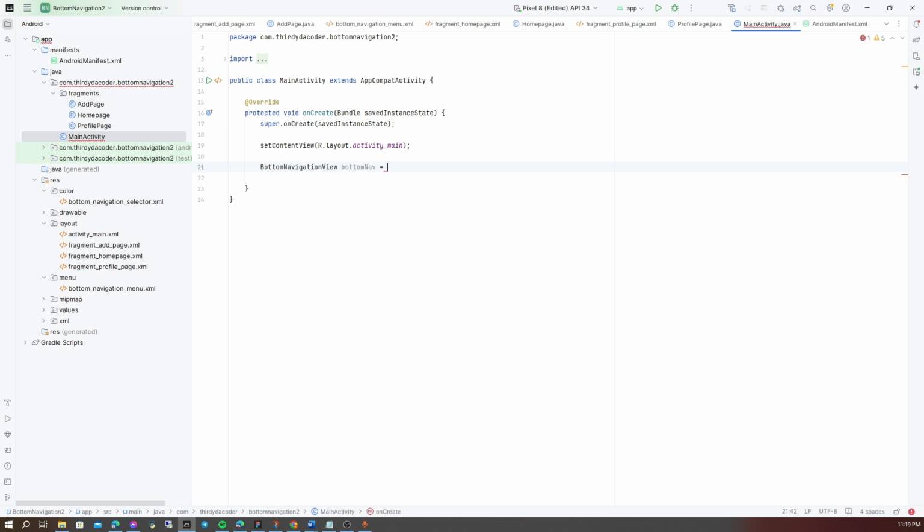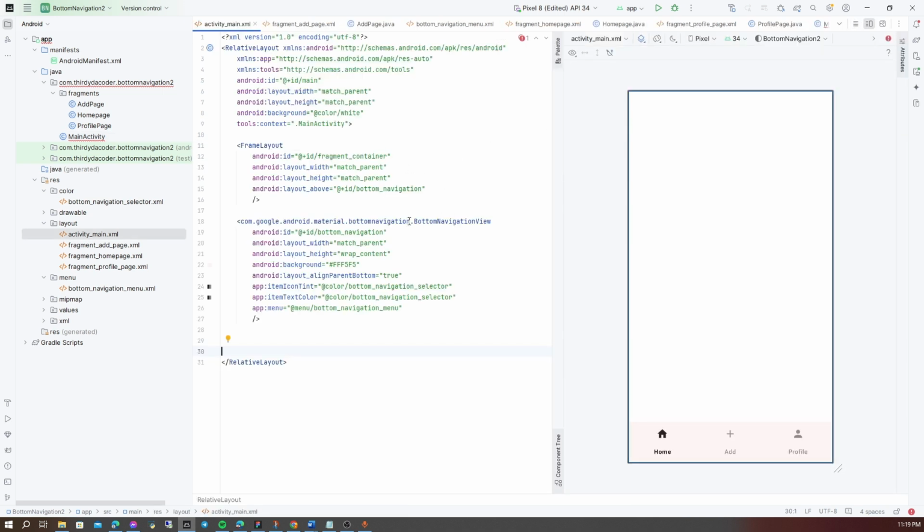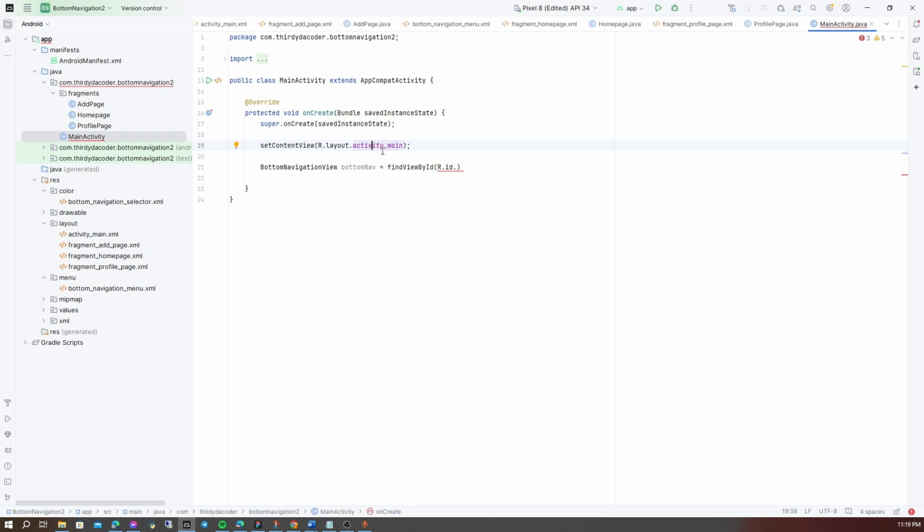Then findViewById R.id, just like I mentioned. So we can go back and copy the id, so we can connect the layout to the class or activity. So R.id.bottom navigation.